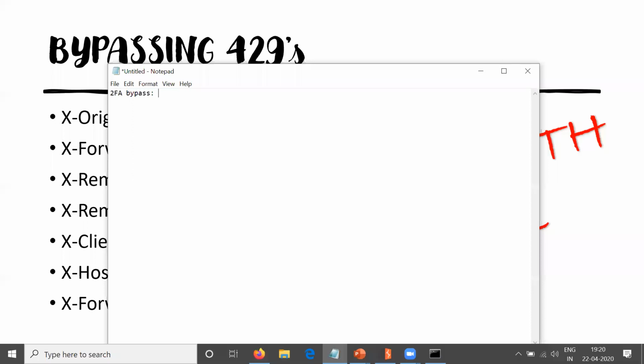So I'll just write the steps here. First, you need to log in with the correct code and intercept that request. Now you will think, how can I get the correct code of the victim? You can't get the correct code of the victim, but you can get the correct code for yourself, right?